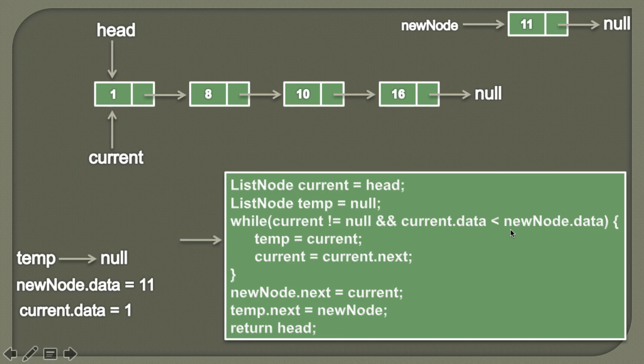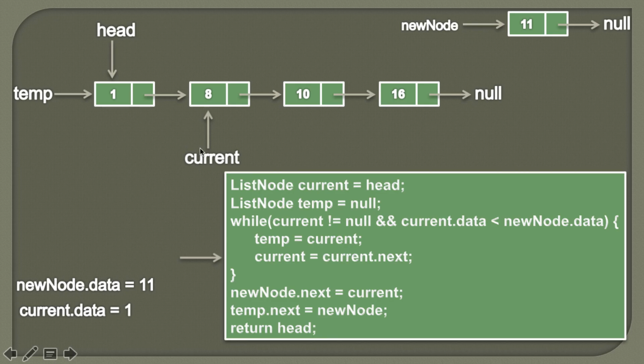So in the first step what we'll do, we'll assign the value of current to temp. So current points to the first node, therefore when we assign the current's value to the temp, it becomes something like this. So now temp points to the first node, and then we'll traverse the current to its next node by assigning current dot next value to current. So current points to the first node and next points to the second node, therefore we'll simply assign the current's next value to current. So it would be something like this. So now current points to the second node.